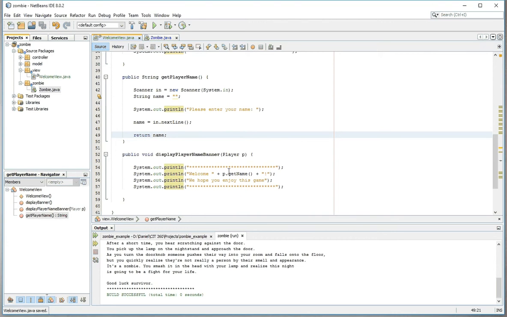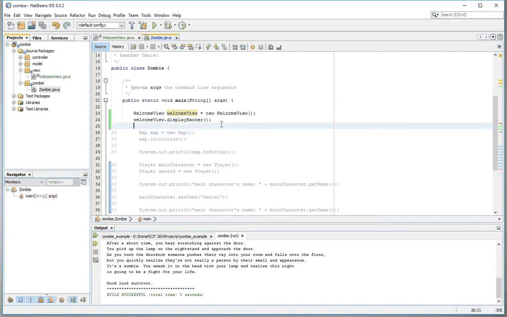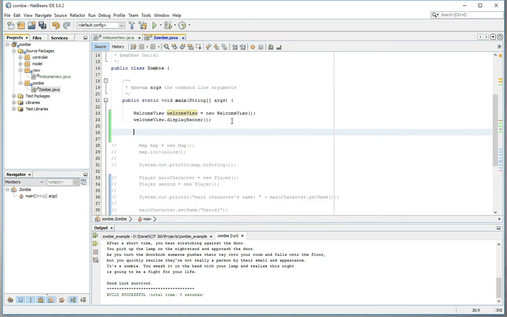And so you can see I've made the display player name banner. I pass in the player, P, because I need to get their name off that player object so that I can use it to be displayed. So we'll save this, go back to our main class. We've displayed the welcome banner. Now we're going to